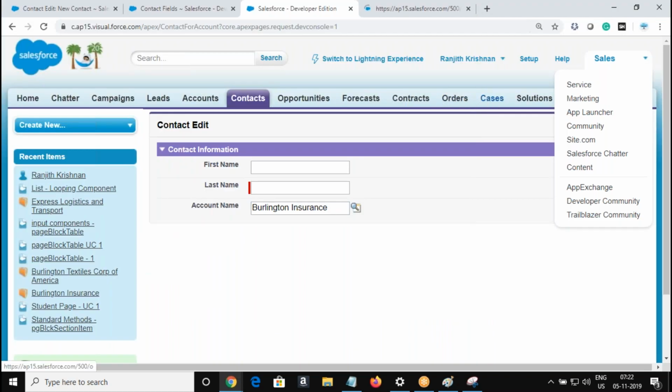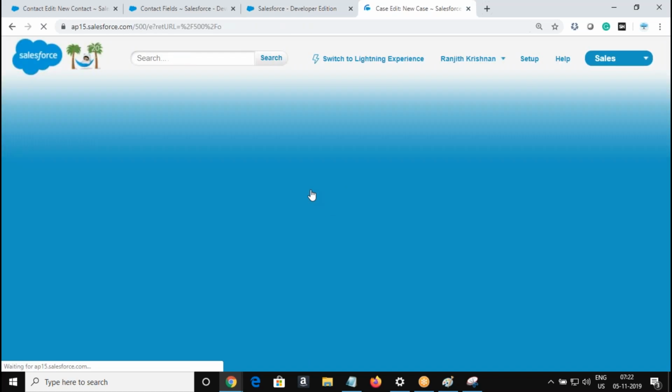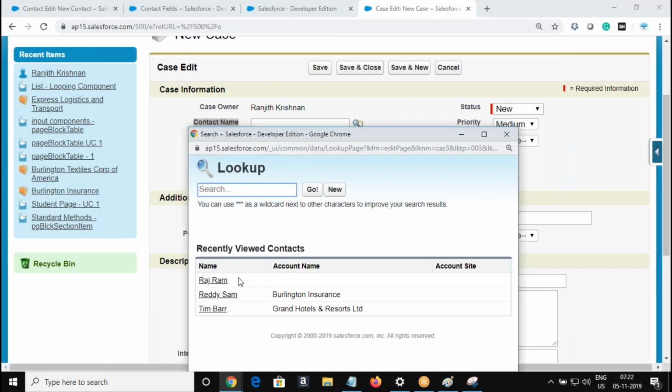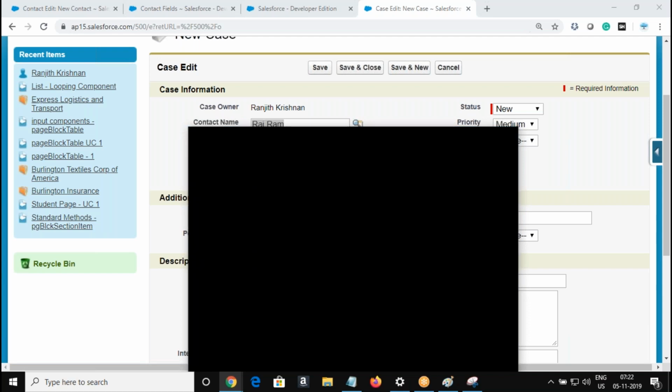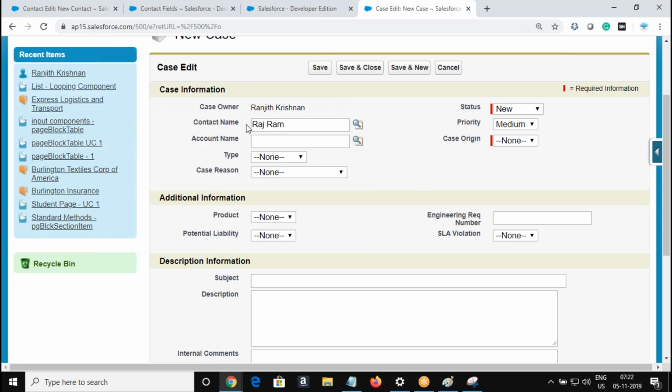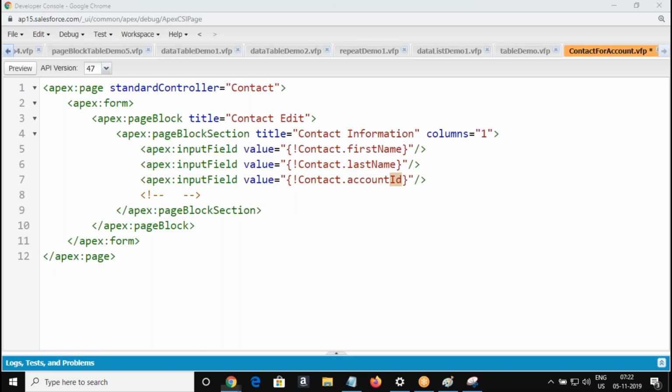When you select any parent record, for example when you create a case, I can create the case for a contact or account. When you choose a contact here, you are choosing the record name field, because that is the field that can be selectable. But what is internally stored in this relationship field is the ID of that contact record. You will use this ID value in your SOQL query when we see the SOQL topic. What we are actually storing in this field is the ID of the parent record.